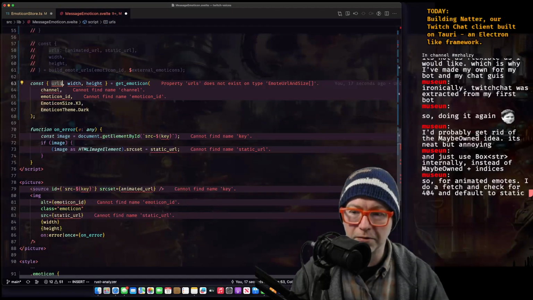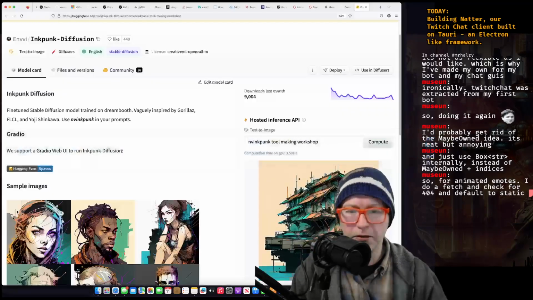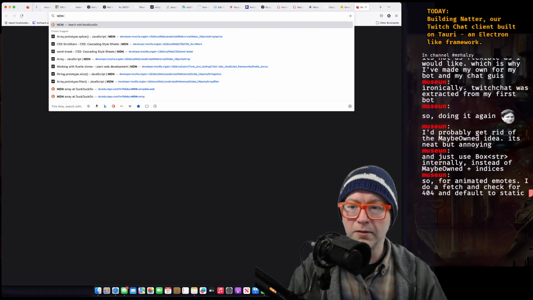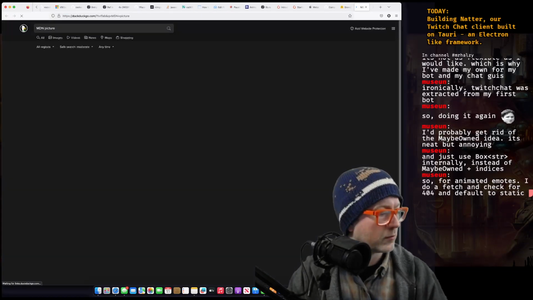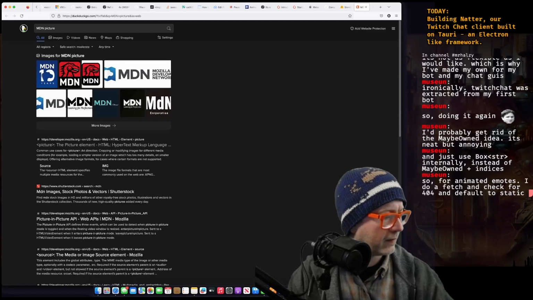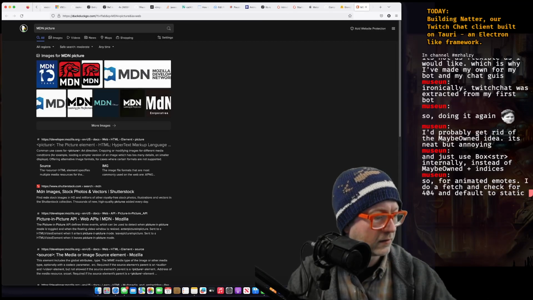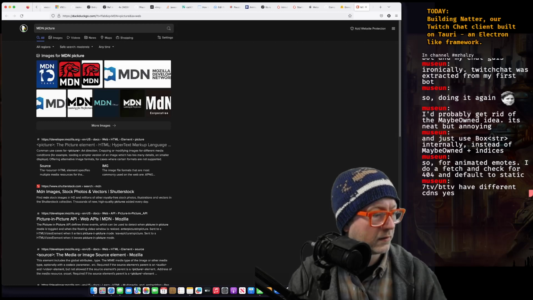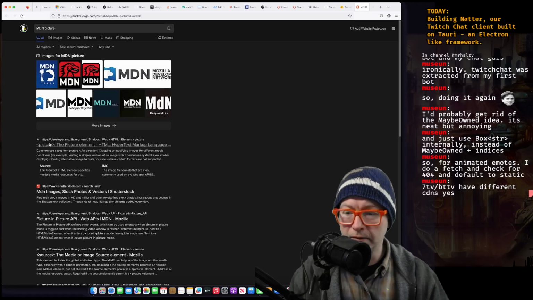And if we end up with more than one URL, what do we actually do? Because you could have multiple sources for a picture, I believe. Can you? Let's verify that, because that will change our API. All right, picture element.